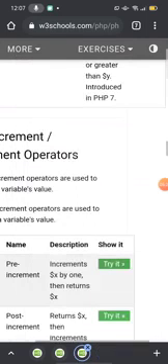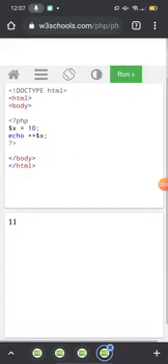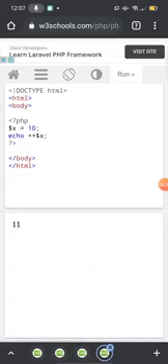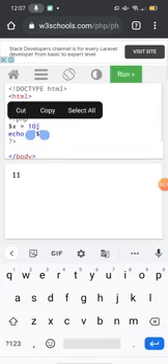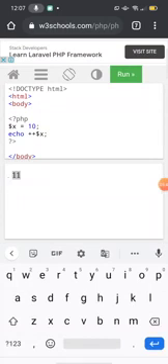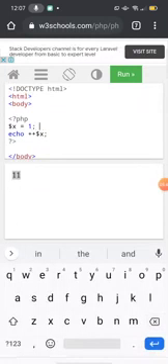Some error is there. One second. Okay, the value of x is 10, and after the increment operator has been used, the value of x becomes 11. Can you see this? Okay, see, I am changing the value.